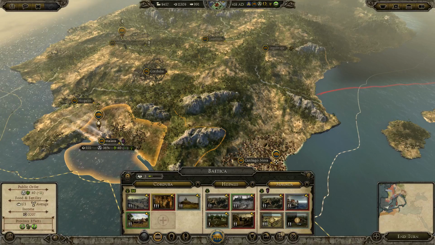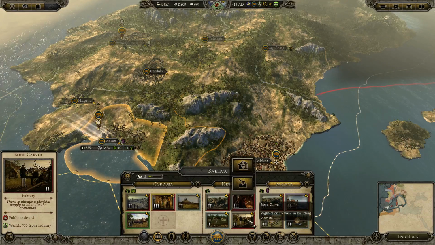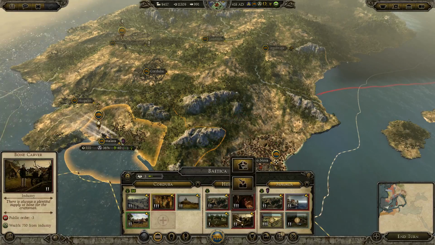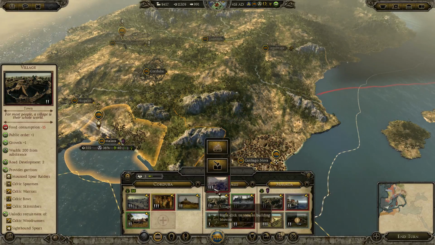Oops, what's up? Oh, don't crash please. No, I seem to get these odd glitches on the campaign map. I don't know if it's my graphics card or whether it's just the game. So